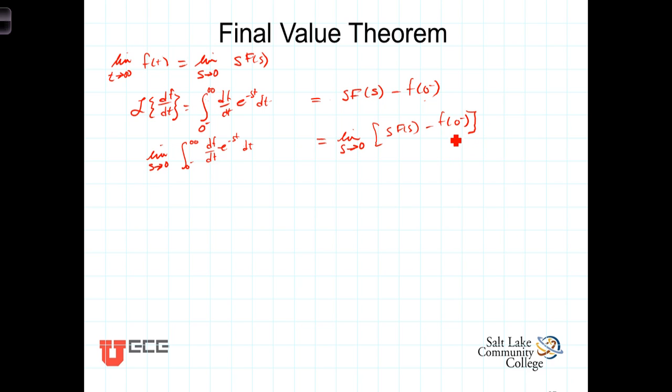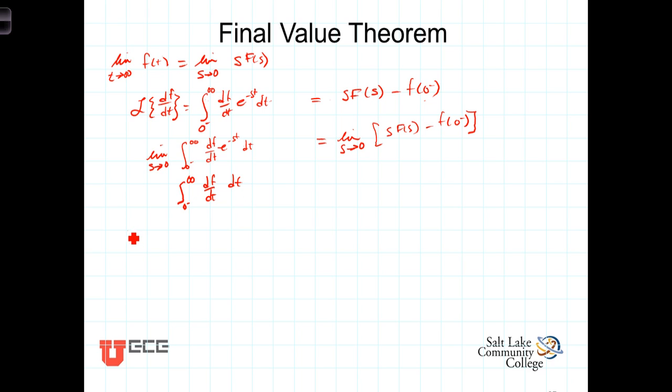Looking first at the left side, because the variable of integration is t, the variable s can be considered a constant. And in this case, we can go ahead and evaluate the limit as s approaches 0 before we worry about doing the integration. So we're going to have e to the 0 when we take the limit, and we're left with the integral from 0 minus to infinity of df/dt e to the 0, which is just 1, dt. Now, to evaluate this, we're going to apply another limiting argument.